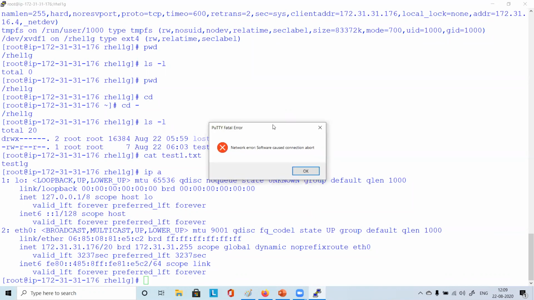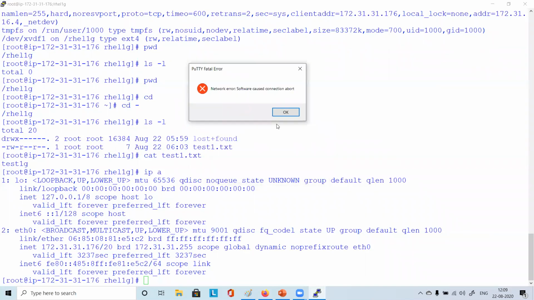What happened? Network connection gone. It is not responding. Why? Network error. Because of the change in IP. The IP of the server changed while we were connected to the server.